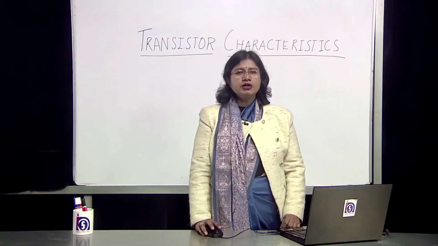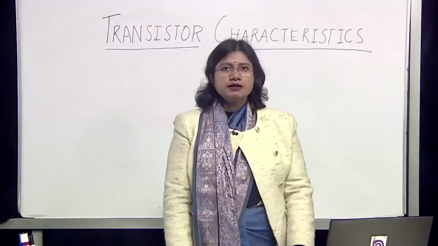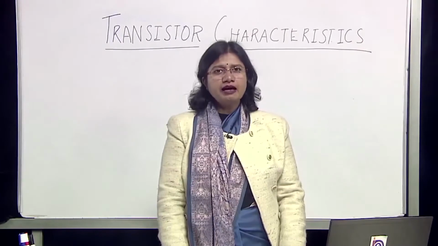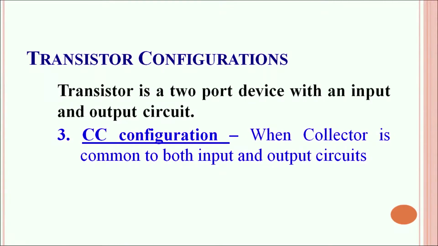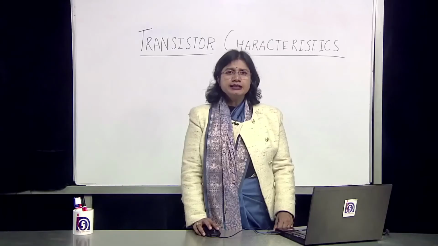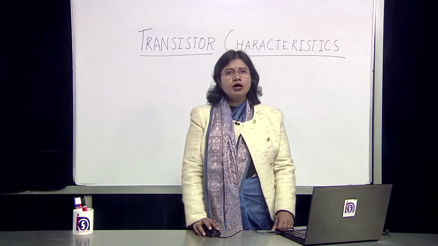Let's have a look at common collector configuration. The third kind of configuration which we can have with the transistor is a common collector configuration. In this common collector configuration, the collector is kept common to both the input and the output circuit. This particular configuration is practically used for impedance matching. This is not a very common kind of configuration for other practical uses. So, rarely we use common collector configuration, but it is suited for all kinds of impedance matching done in various